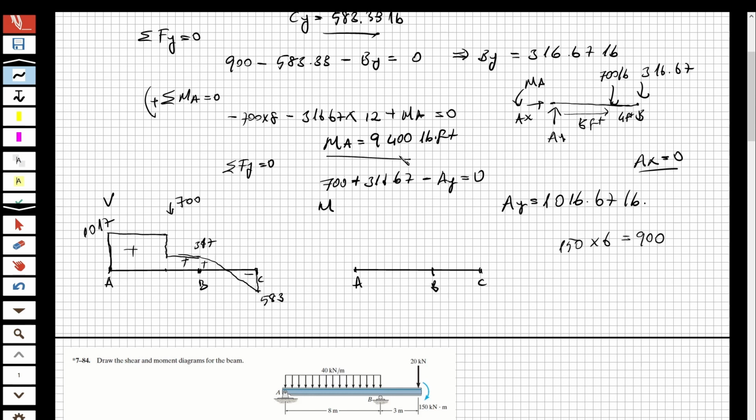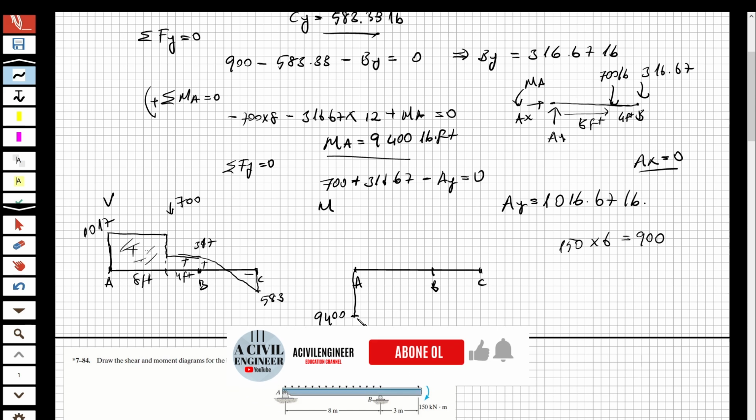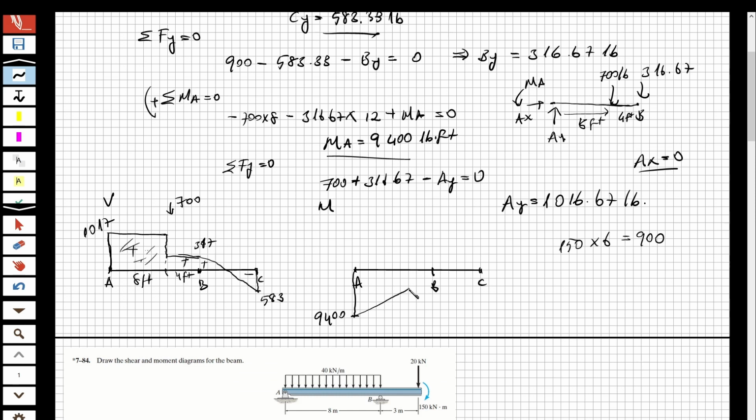I have a moment also, 9,400. For example, this is 9,400. And I'm going to increase this amount of area. Now you can see the first one, and this is the 8 feet. Okay, this is the 4 feet, and this is going to be equal to, when I increase at this amount of area, I'm going to reach the point. For example, this is the point 1267,